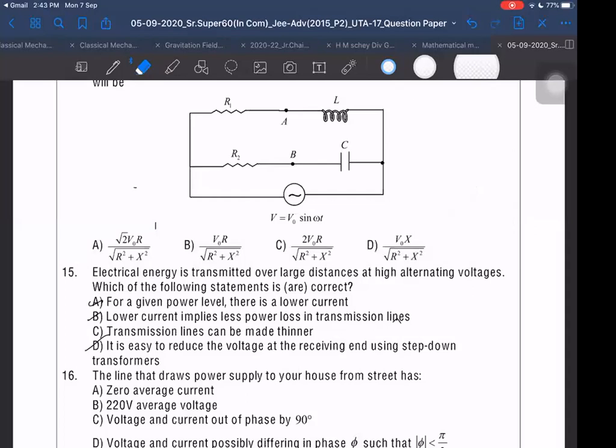So a single wire cannot be made thinner, but a single wire has to be split into multiple wires, so that the overall area of cross section through which the current flows becomes larger. The tendency of the current to flow through the surface of the wire is called the skin effect. We want to reduce the skin effect.